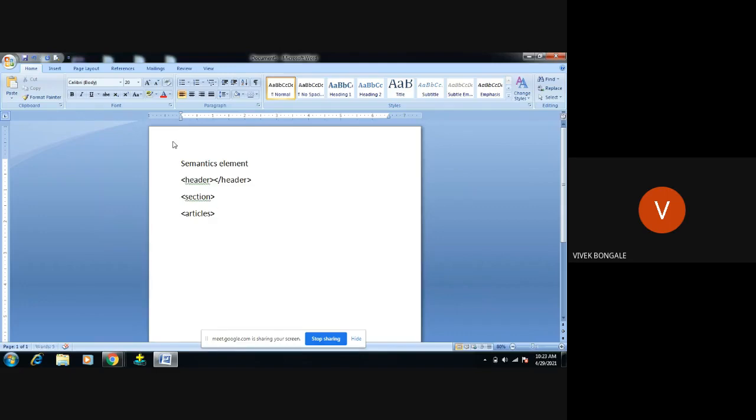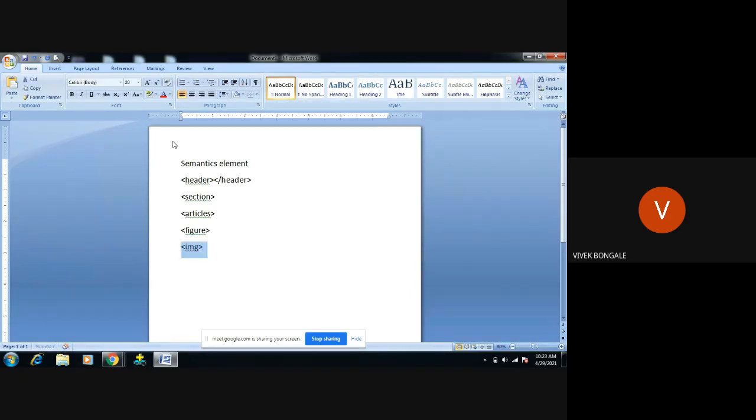Correct? Next, in that article, if I want to use any image, I want to show an image. So computer department means I want to give some snaps. I want to show some snaps about the computer department. So for that, I am going to use the figure, right? So figure option. In that figure, I am going to use the image. And I will explain what the figure and figure caption are, I am going to explain now, right?